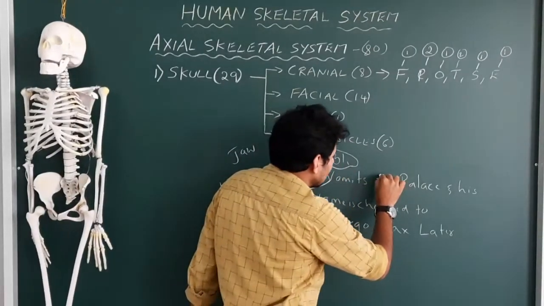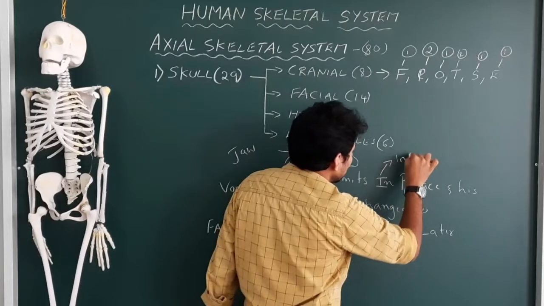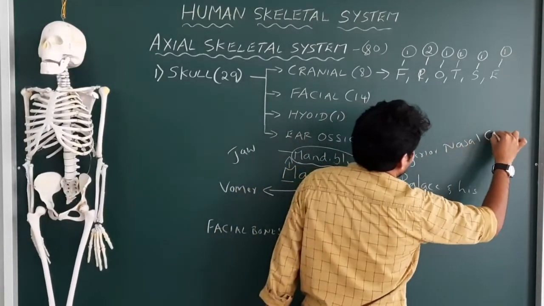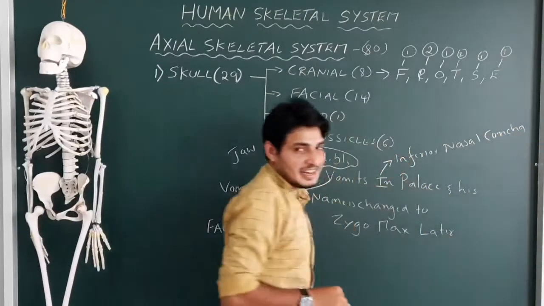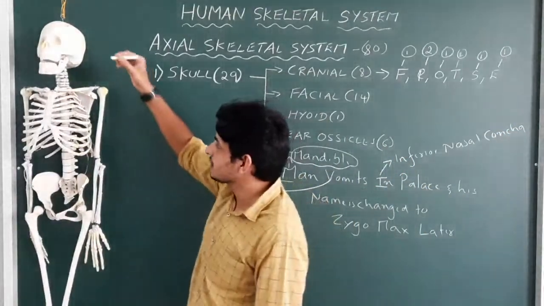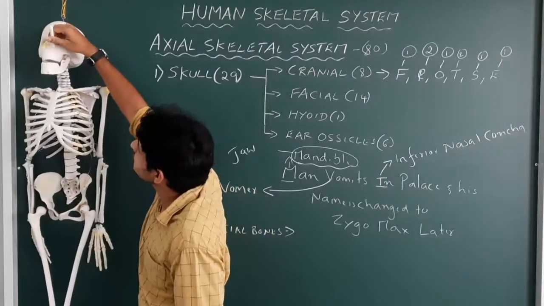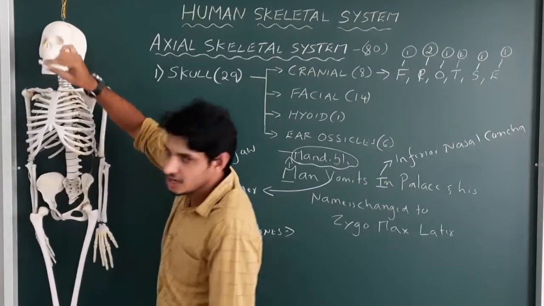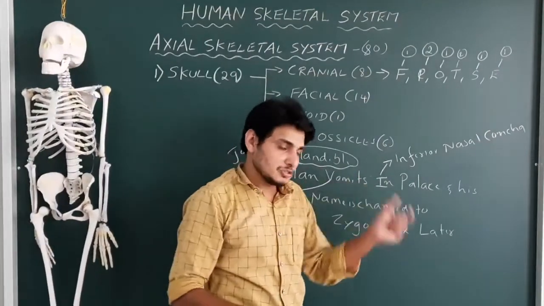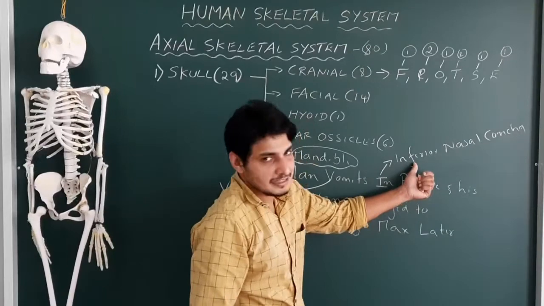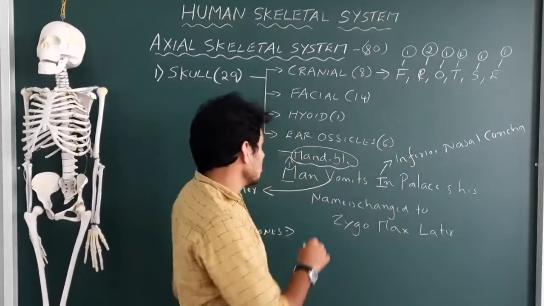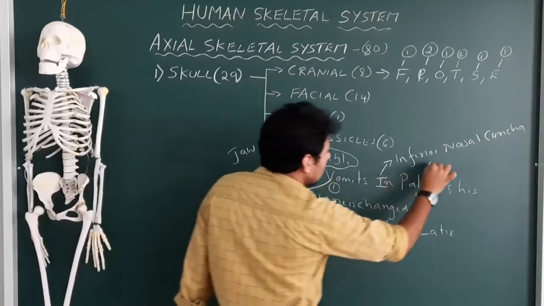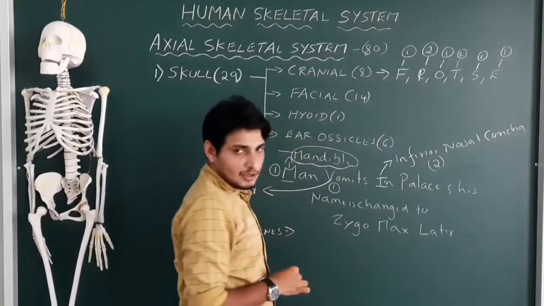Okay. So here, let me take the I in "in". What is the meaning of I? I is inferior nasal concha. Where do you see inferior nasal concha? I will show you. Exactly at the edges of the nasal cavity, you can see a pair, exactly opposite. That is called inferior nasal concha. There are two actually. So we have one mandible, only one vomer, and a pair of inferior nasal conchae.